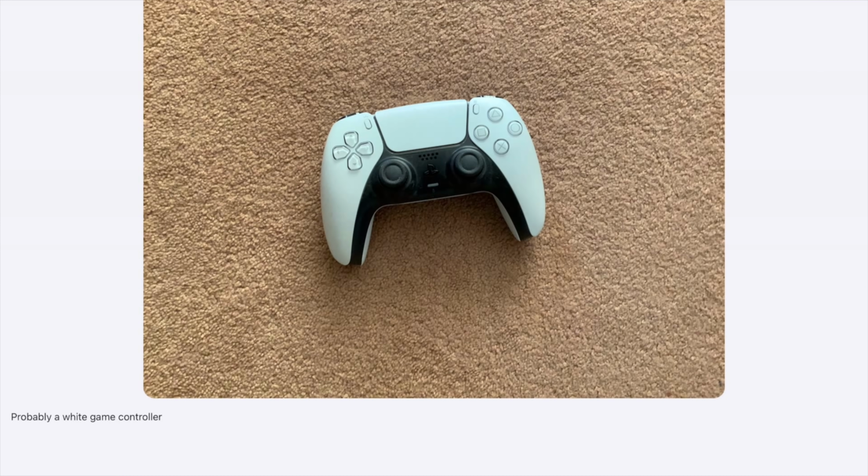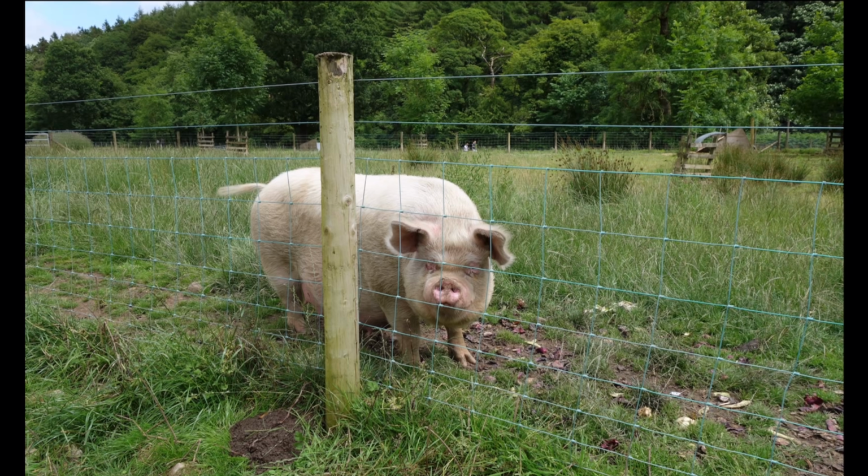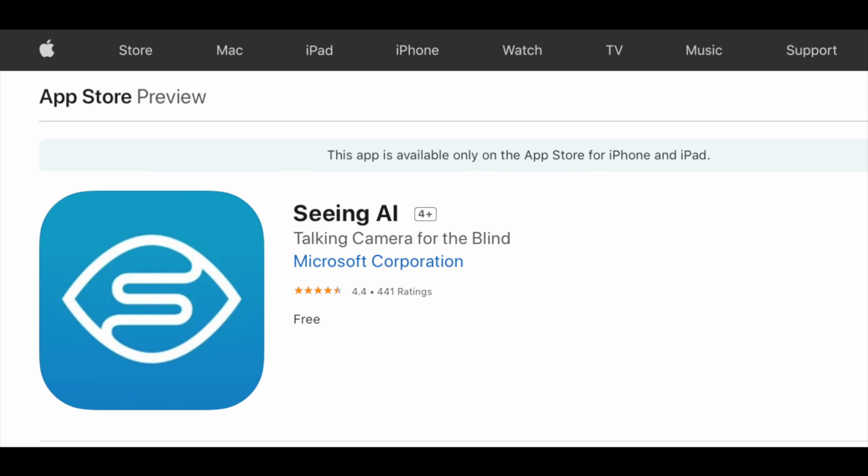Probably a white game controller. Probably a globe on a stand. A pig in a fenced-in area. And I think that's what it's about, rather than focusing on the, oh, it didn't get this right, you know, that kind of thing. And these things get better over time. And bear in mind, this is free, as long as you've got an iOS device. Free from Microsoft, which I think is great of them to provide such a well-rounded app free of charge,